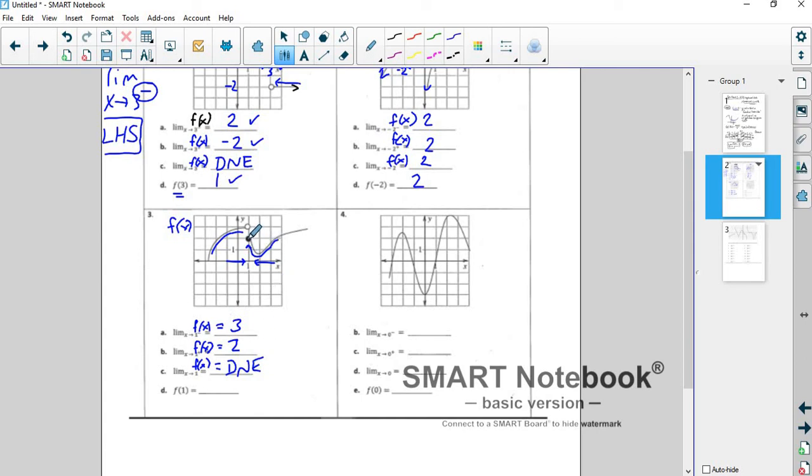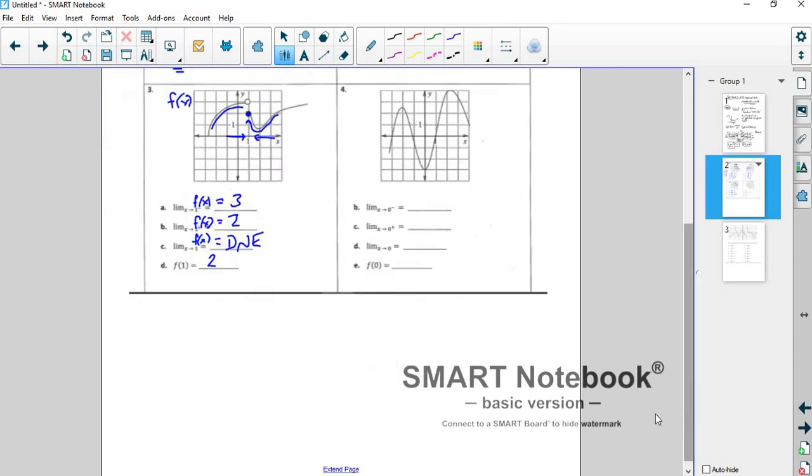But because this is a solid point, your function value is actually equal to 2. So your function value is the same as the right-hand limit, but again, that doesn't matter. Okay? That doesn't matter. All right? So